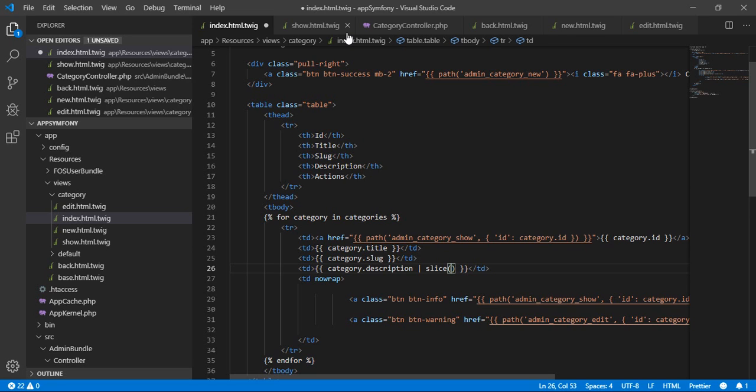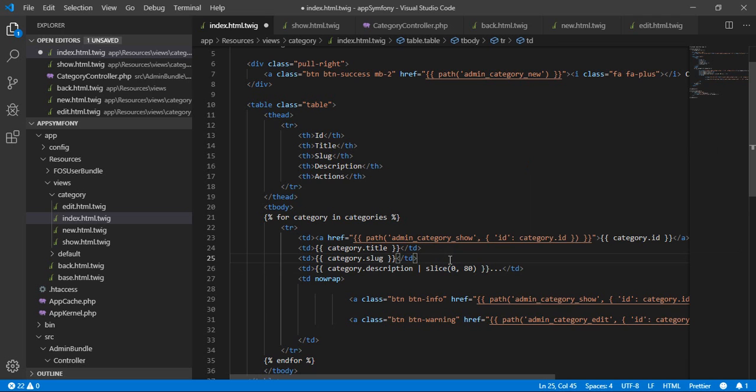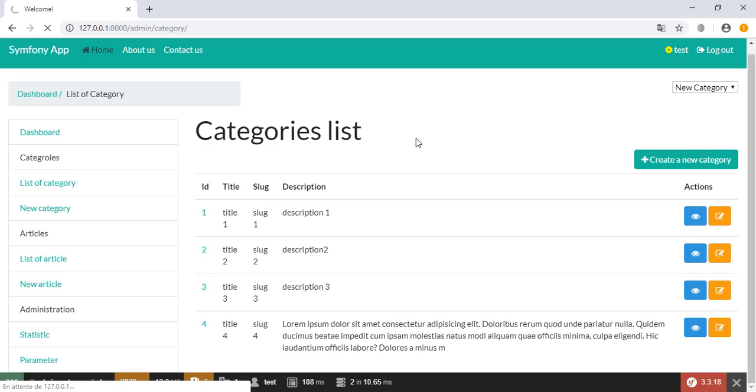It has two parameters. The first is the beginning, so it begins from the first character, and the other parameter is the number of characters that we want to see. So let's type for example 20, and here let's type 3 dots, so that means there is more to see. Let's save, let's go back and refresh,